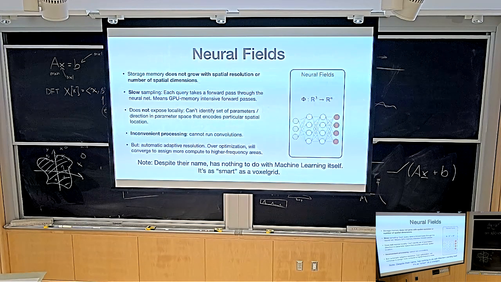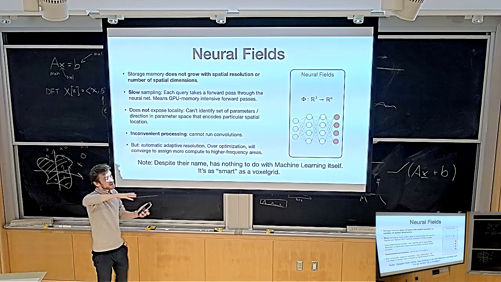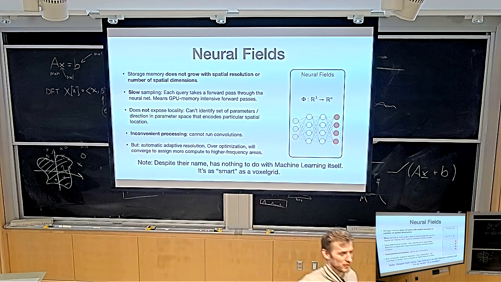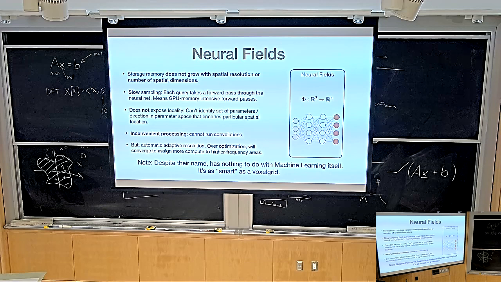It's really fun. Okay, so neural fields, however, long story short, are just another way of parameterizing the signal. Nothing special, nothing to see here. Neural fields have a few cool properties and a few not so cool properties. One, the storage does not immediately grow with the spatial resolution that you want to encode, or the number of spatial dimensions. So for instance, if you have a function that is defined on a 10-dimensional input space, you can't store it as a voxel grid. There's no way you can store it as a voxel grid. It's way too big. But you could store it as a neural network because the neural network doesn't care. It just takes a 10-dimensional coordinate as input, gives you some output, you train it, done. Great. So that's a cool property.